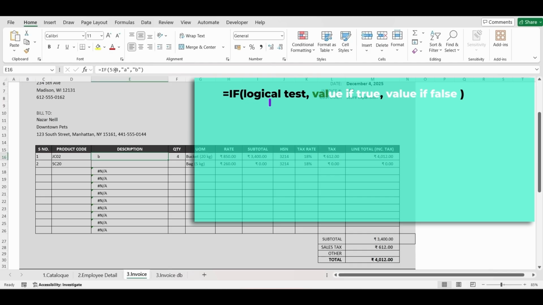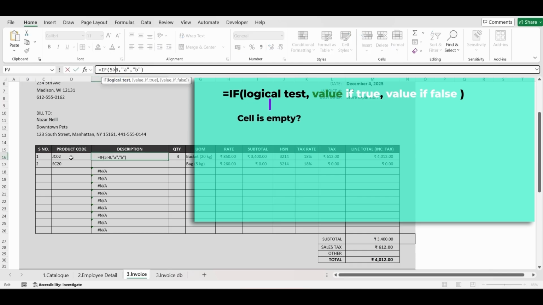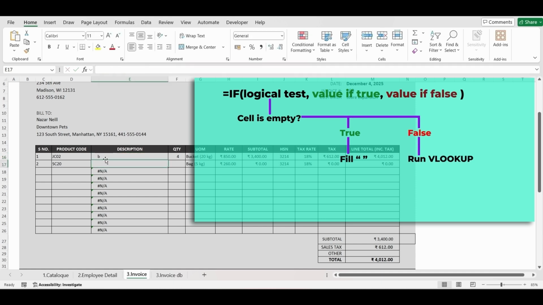We will check a condition that for our case is to check whether these cells are empty or not. And if cells are empty, we will simply put a blank value. And if the cell is not empty, based upon this condition, we will run a VLOOKUP formula. The way we check if a cell is empty or not, there is another function, ISBLANK.